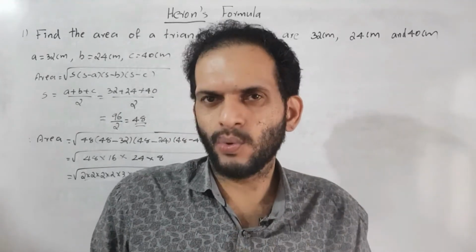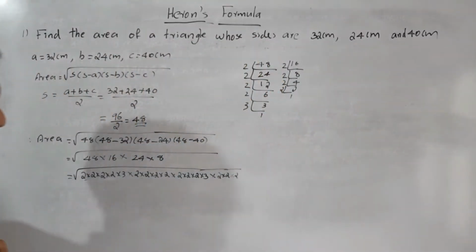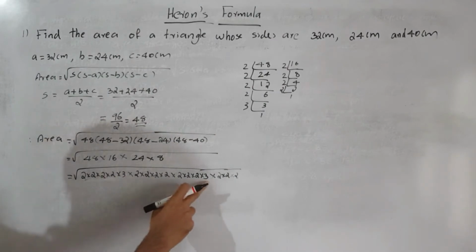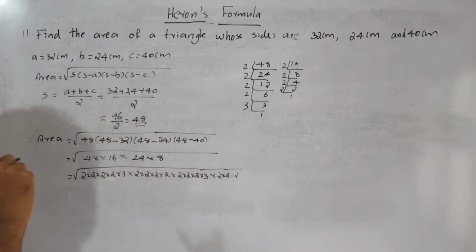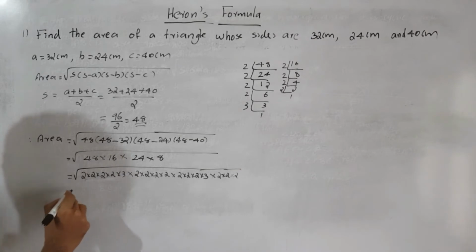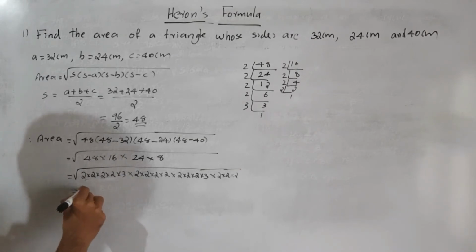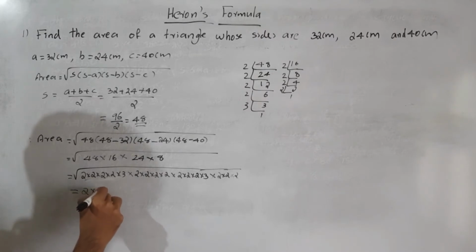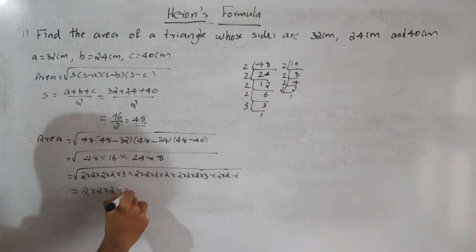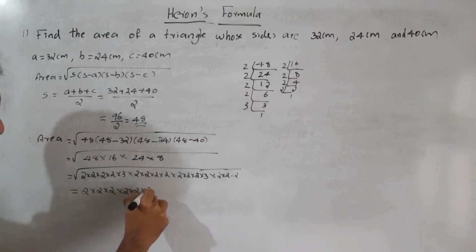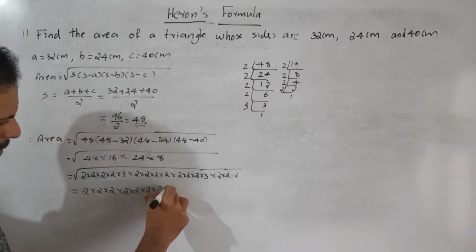So how many 2s are possible to take out? Yes, 7 2s. Okay, then how many 3s? Here 2 3s. 2 3s means only one pair is possible. So in that pair we get 1 3 out. Then 7 2s and 1 3 will come out: 1 2 3 4 5 6 7 and 3.